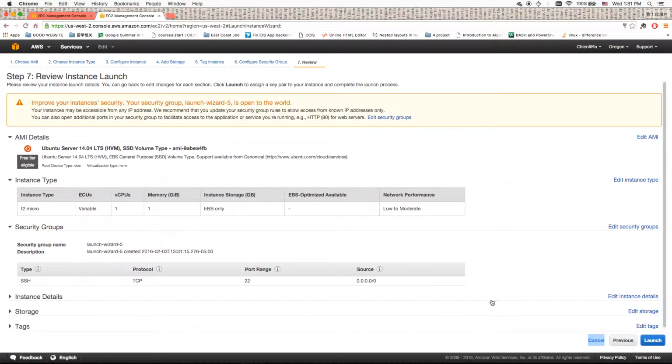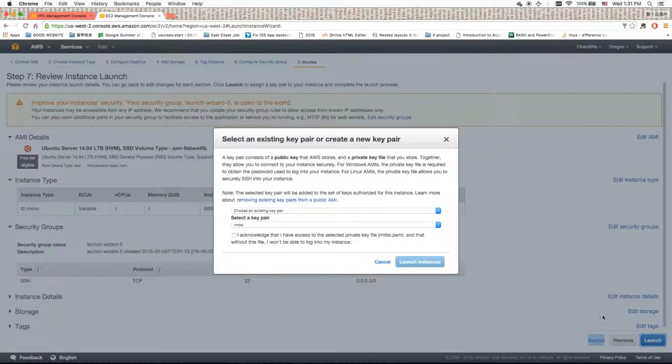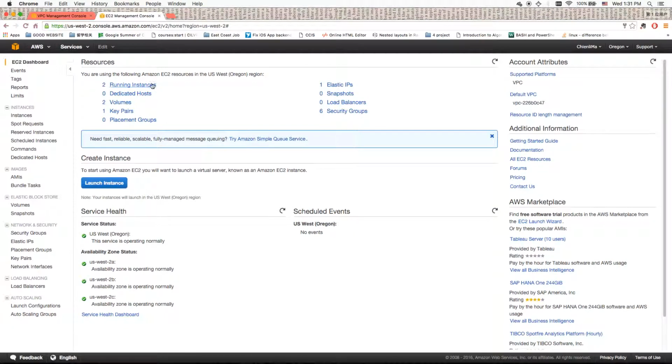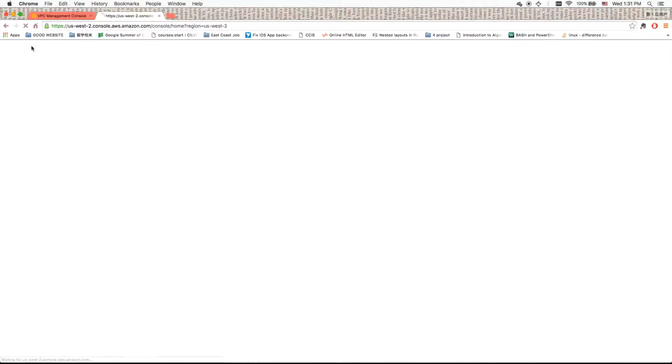Okay, Launch, and it will let you choose your key pair. You need to create your own key pair, but I already have one, so I'm not going to launch this instance because everyone has only 2 free instances, and I already ran out of them. So after you create your first instance, you can go to